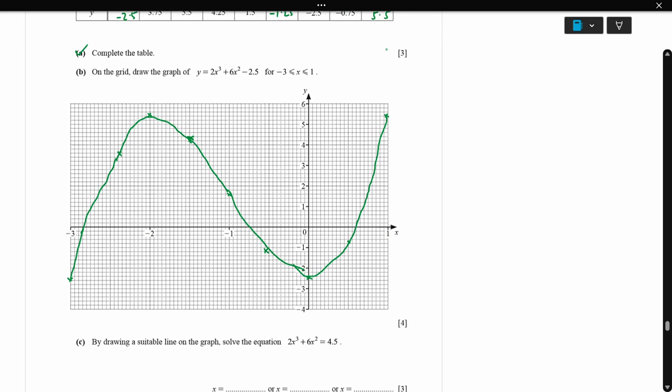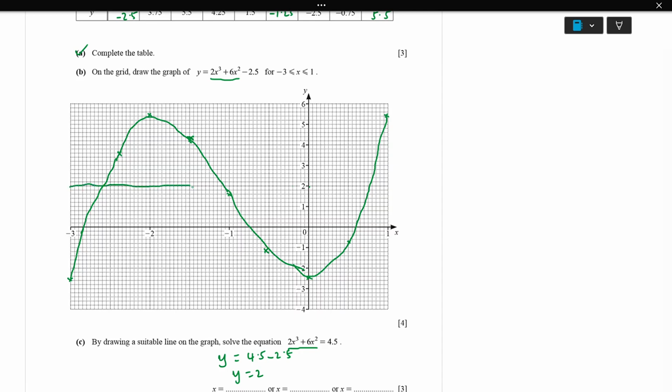See, look at the graph here. 2x cubed plus x squared equals 4.5. Here also 2x cubed plus 6x squared is there. So instead of y, we can write 4.5 minus 2.5, which is equal to y equals 2. So you draw y equals 2. Where is 2? 2 is here. So when we draw y equals 2,